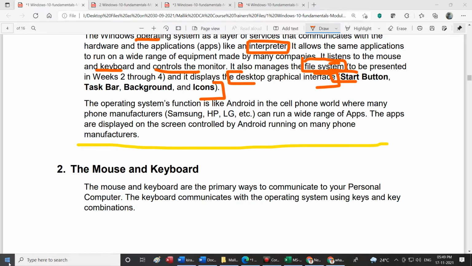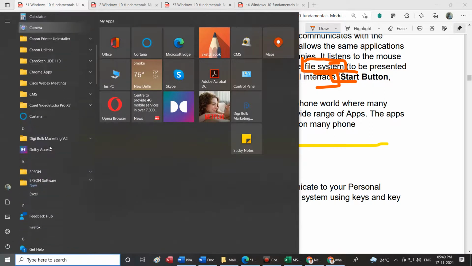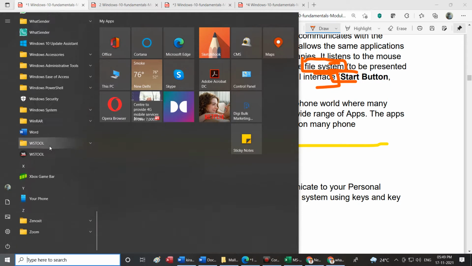How do I start? Click on the start button. As soon as I click it, all the applications available in my system are displayed in alphabetical order from A to Z, and I can start using them. So this is the start button.